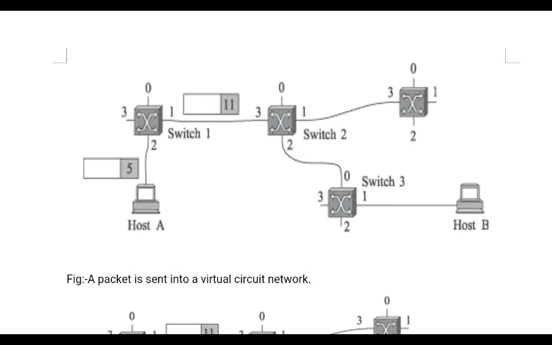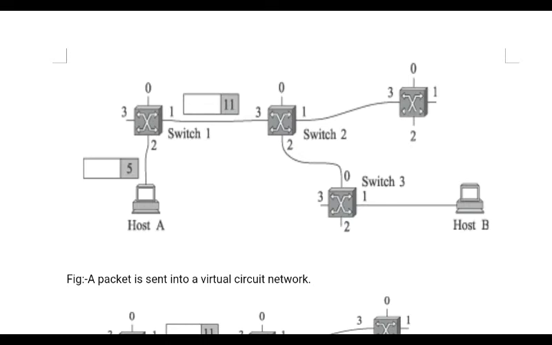Now, how are you going to make an entry in the virtual circuit? Either it is done by the network administrator manually. If he knows the network very well, he is going to manually make an entry in the virtual circuit table for each connection. Based on the entry present in the virtual circuit table, each switch is going to forward these packets on the same route to reach the destination. Or otherwise, it can also be implemented automatically.